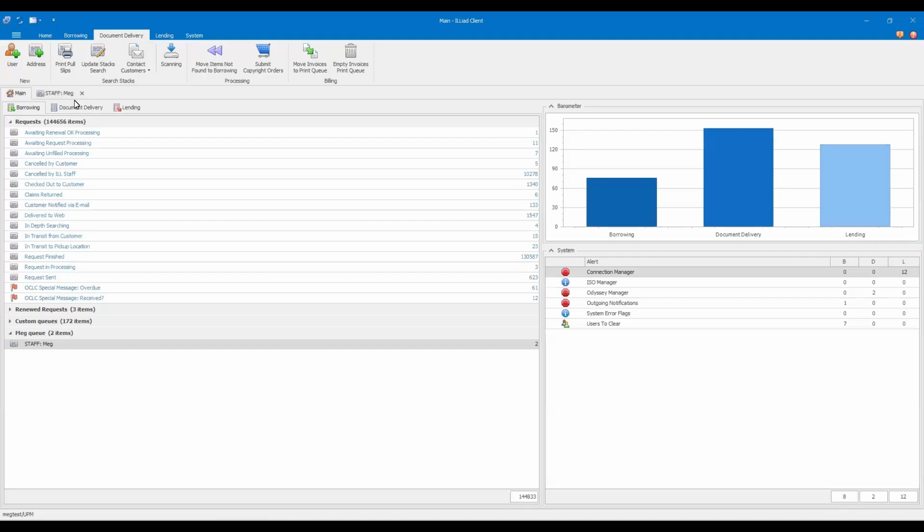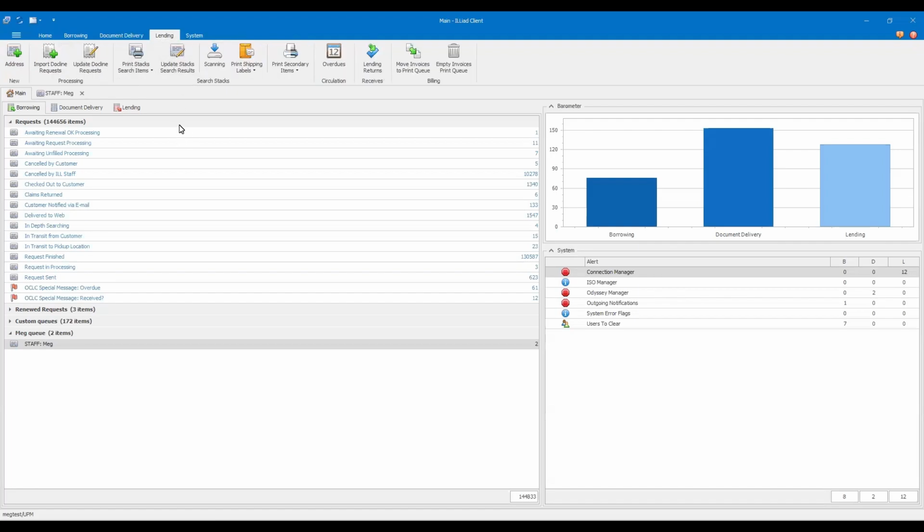On the document delivery tab, you'll see similar processing functions, such as print pull slips and update stack search. In the lending tab, once again, more processes like print stack search and update stack search, as well as lending returns.